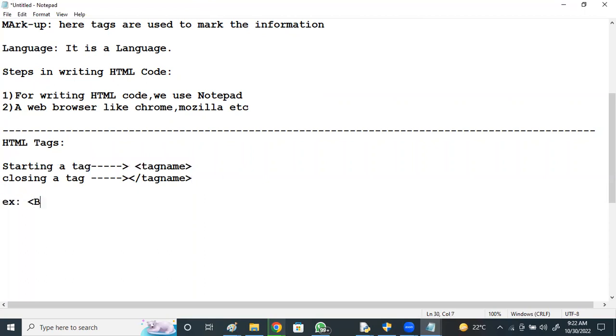If you want the text to appear in bold letters, you use an opening bold tag and a closing bold tag, up to where you want the bold to apply.